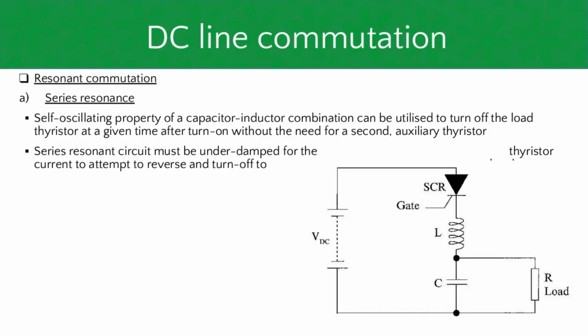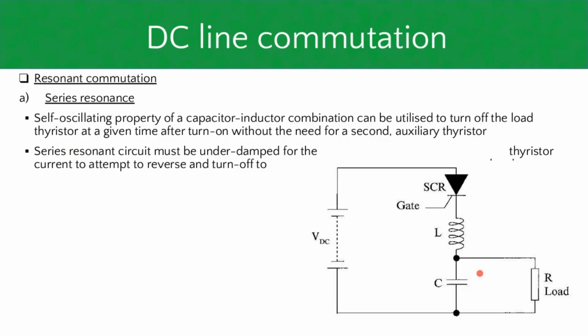Then we also have resonant commutation: series resonance commutation and parallel resonance commutation. I see my text there is a bit squashed by the picture. I should have actually checked that. Essentially, in series resonance, you're going to have your capacitor inductor combo in series with each other. That's in series with the SCR. And the circuit needs to be underdamped